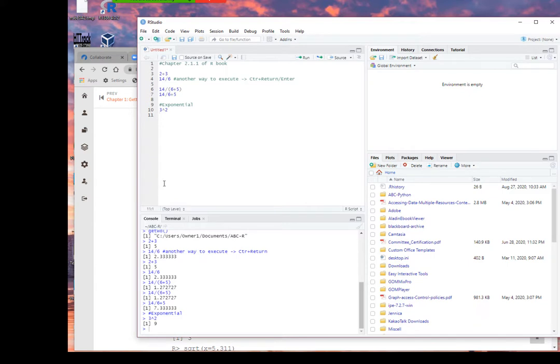Finally, how about 2 to the 3? It means 2 multiplied by 2 multiplied by 2, the power of 3. Let's run this, control return. Yes, 8. So I'm done with section 2.1.1.